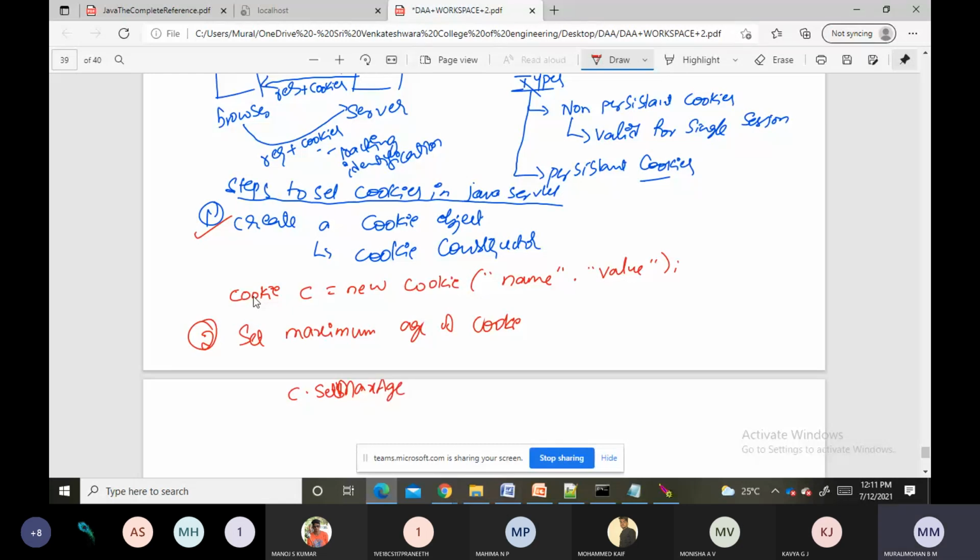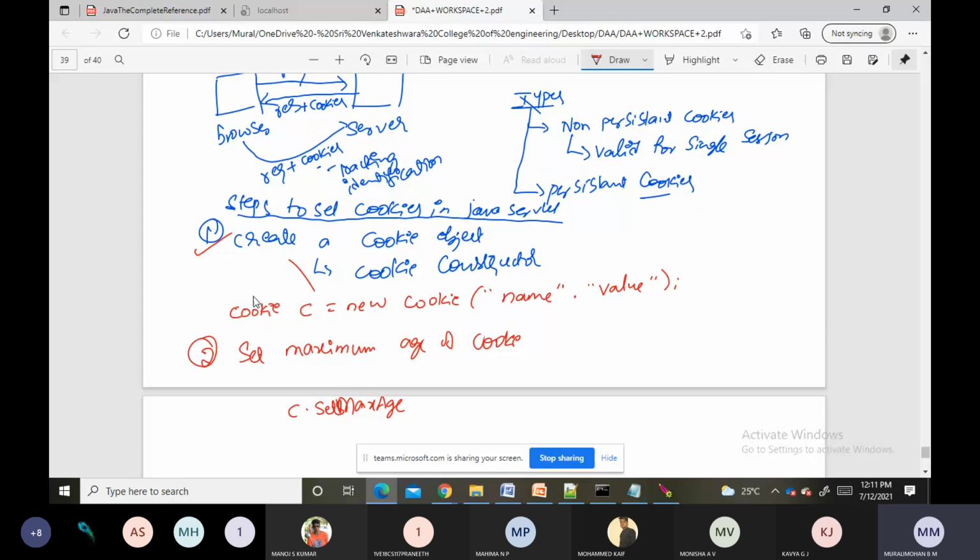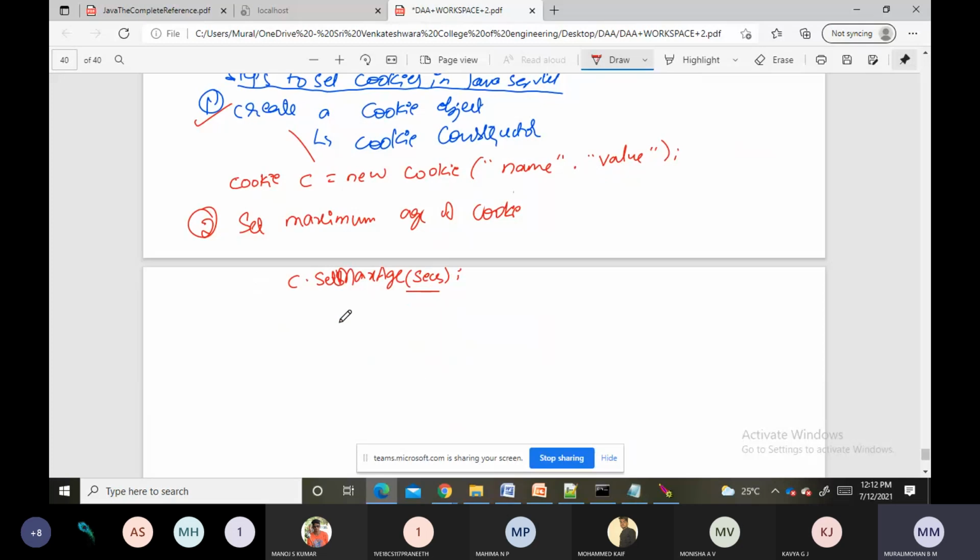We have the method setMaxAge here, right? Here we can pass the number of seconds. Set max age: we are setting the maximum age of the cookie. So once we set the maximum age, then we can send that cookie into the HTTP response header as the